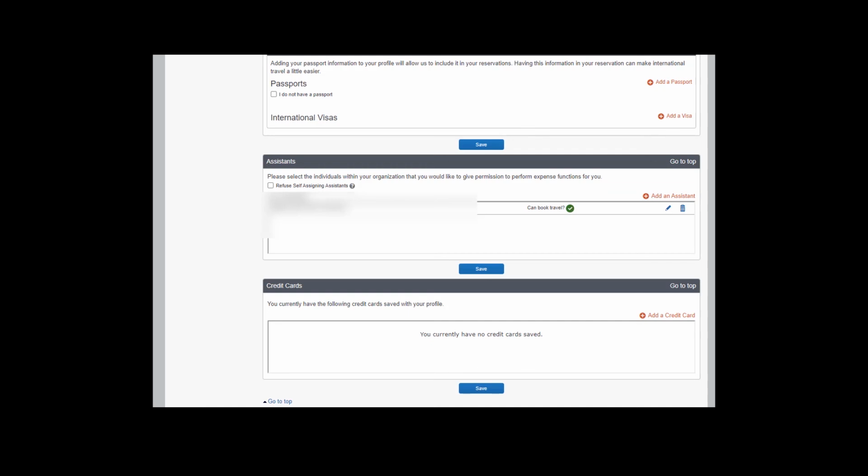Again, you can change your form of payment when you actually leave the hotel, but for purposes of booking and guaranteeing that room, you do need to have a card on file. And that is all that you need to do to revisit your